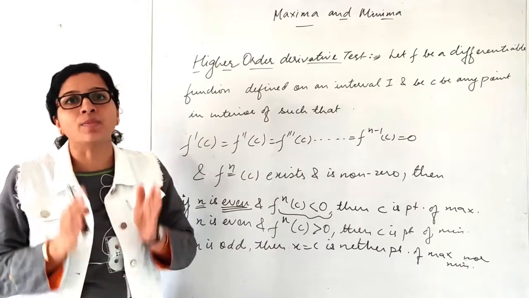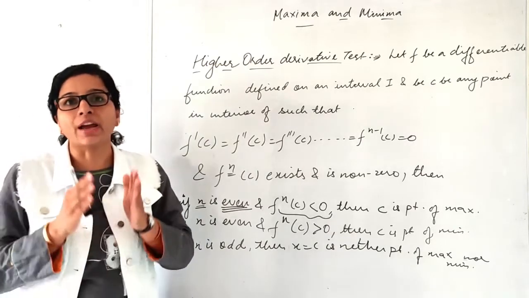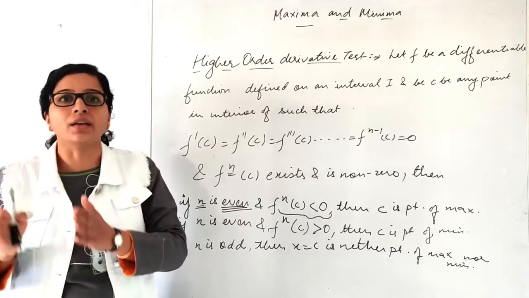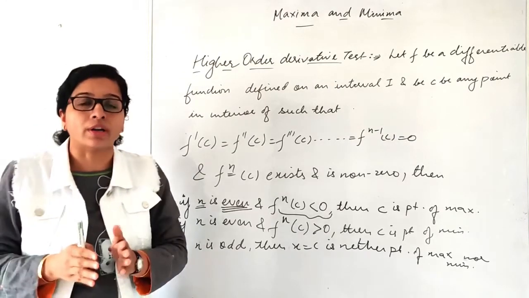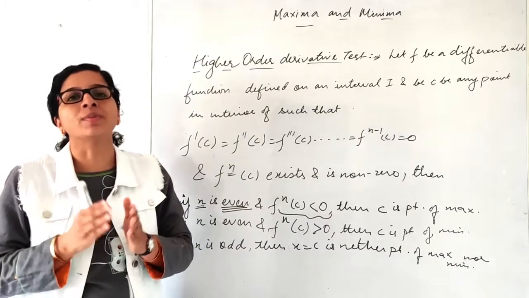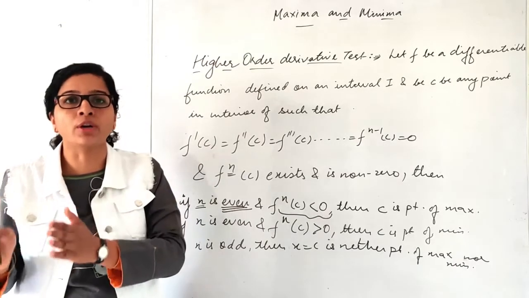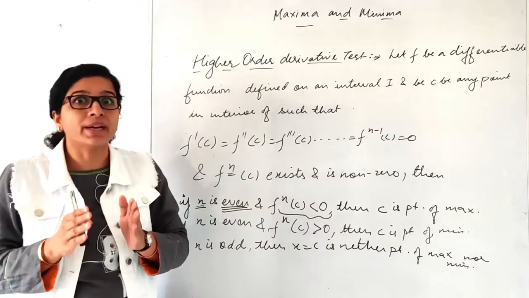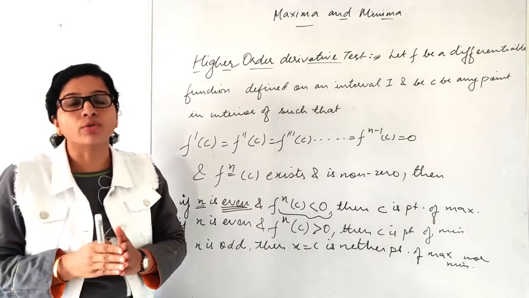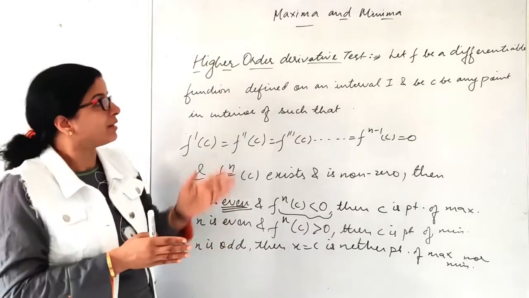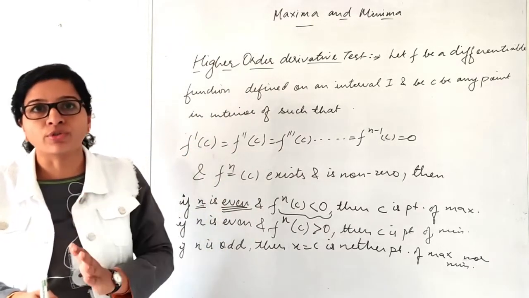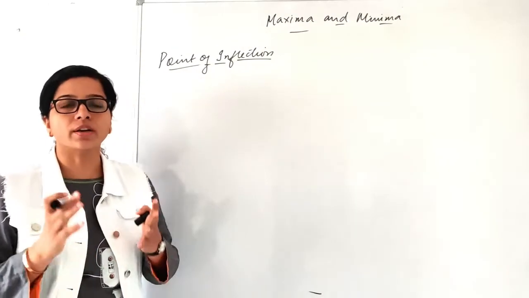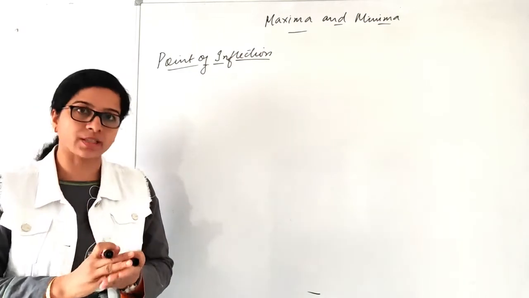In the case it becomes equal to 0, we will find f triple dash, and check after substituting whether we are getting it equal to 0 or not. If we are getting not equal to 0, it means x is equal to c is the point of inflection, neither maximum nor minimum. Is that clear? But if it is equal to 0, what are you going to do? You will find f4. Again, the same procedure we are going to check as we have done for the f double dash x.